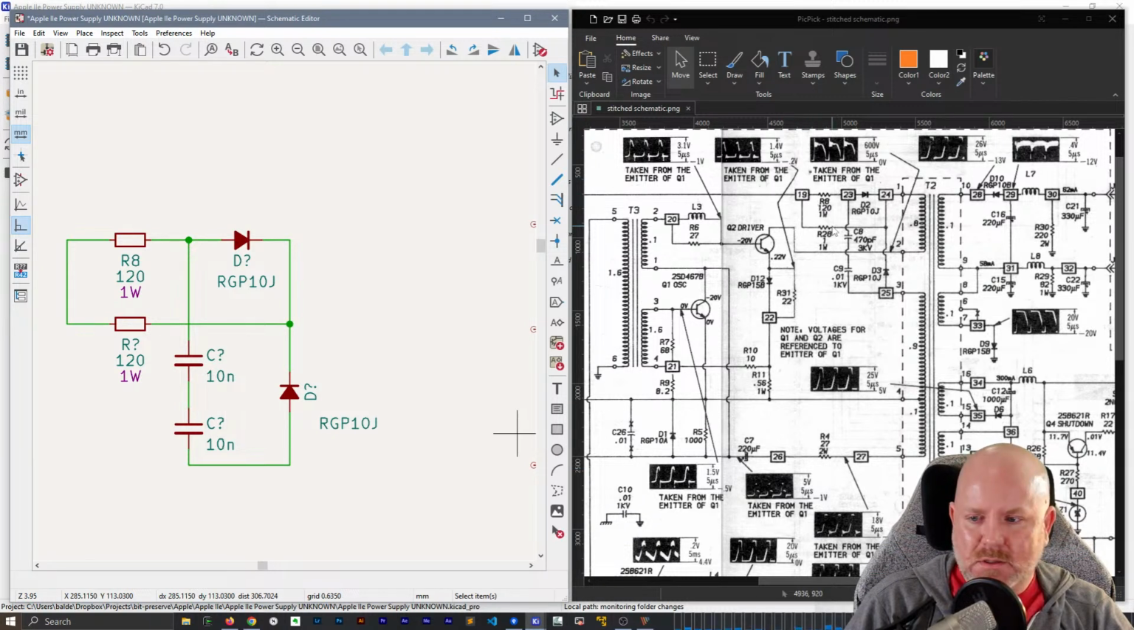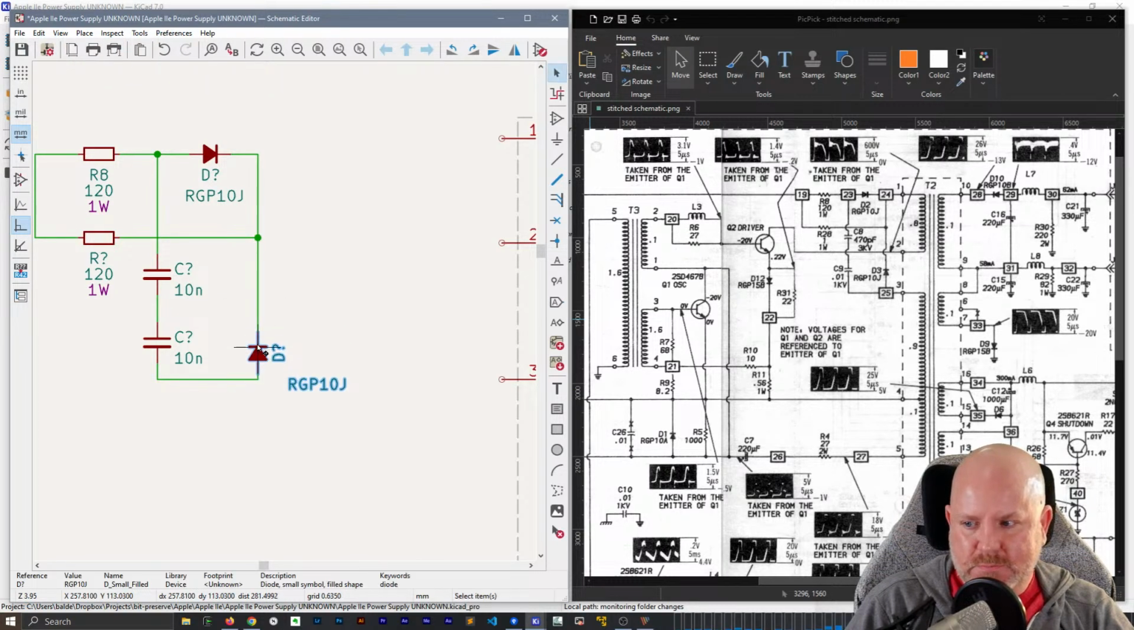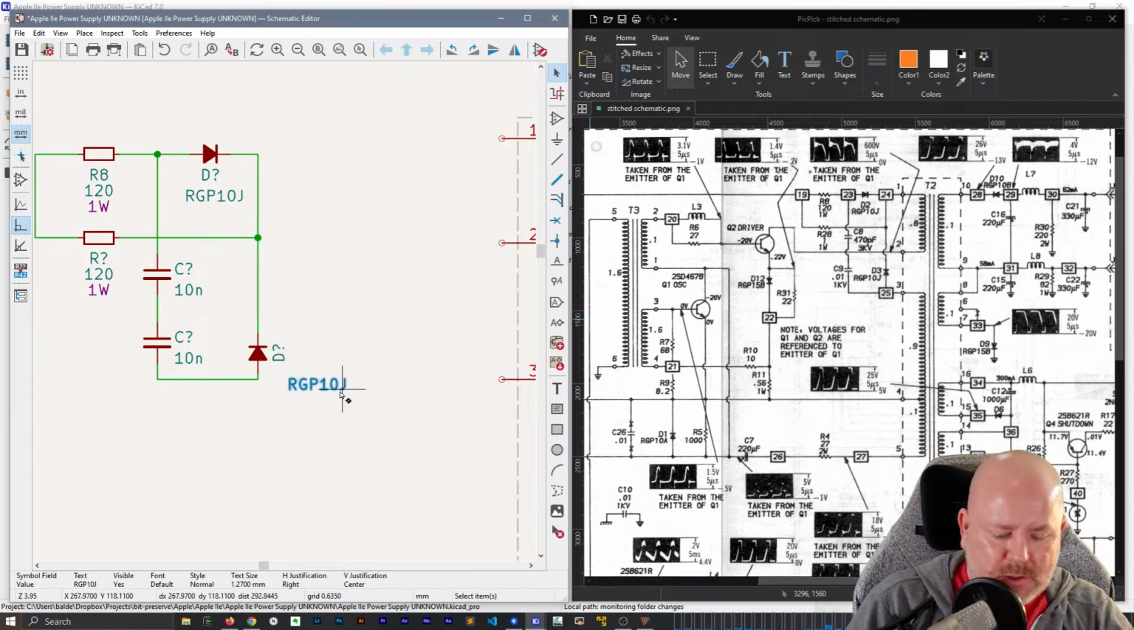So R8 comes through here. We jumped that. Oh, okay. That line has got me confused because that's going to the coil. So I want to move this down. Anyway,